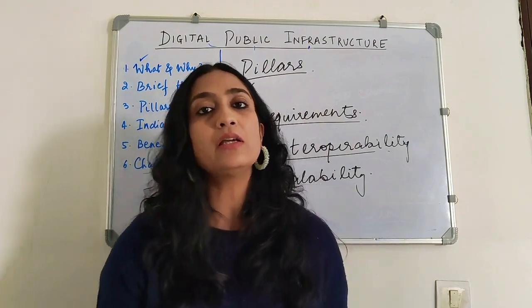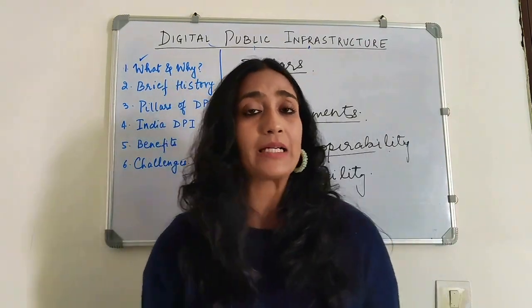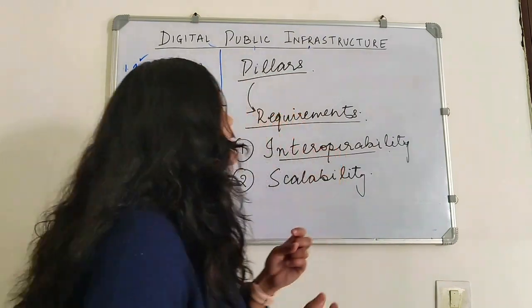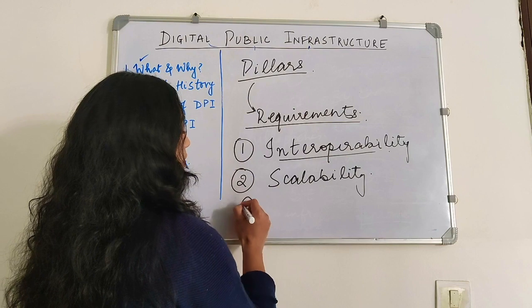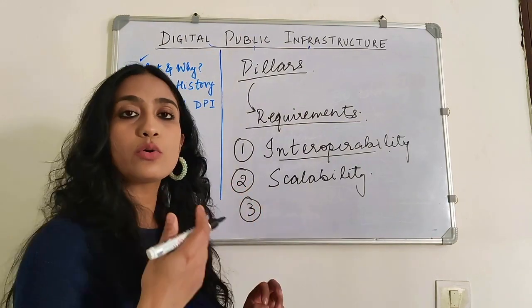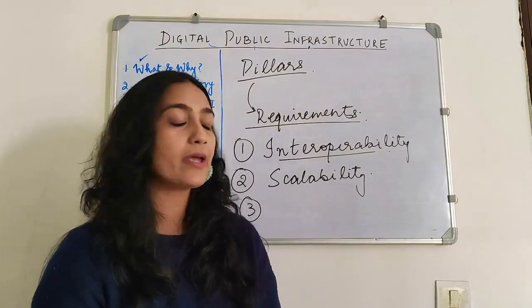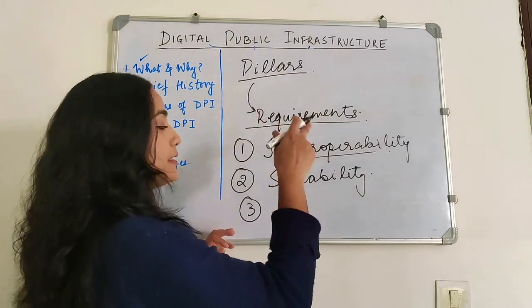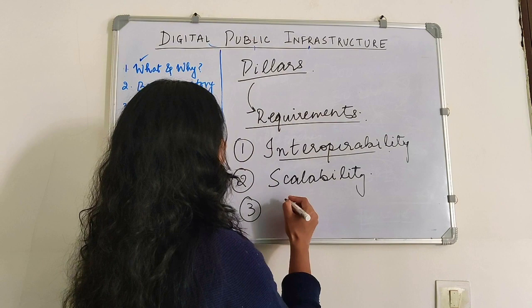For example, during the financial help that the government provided during the pandemic. Okay. And the third requirement, so again, scalability also reduces duplicity of efforts. Okay. The third requirement that we want from the DPI is what is called